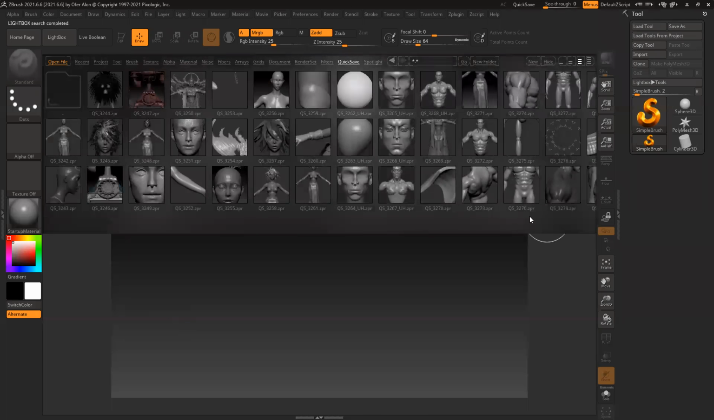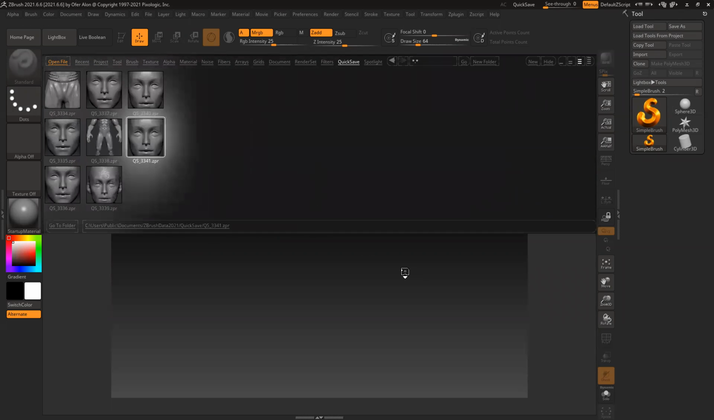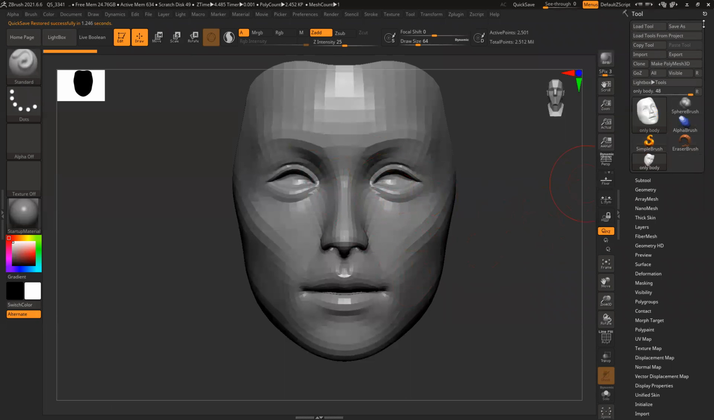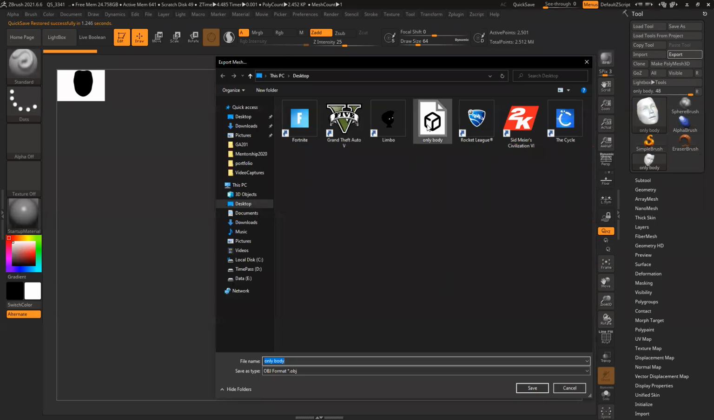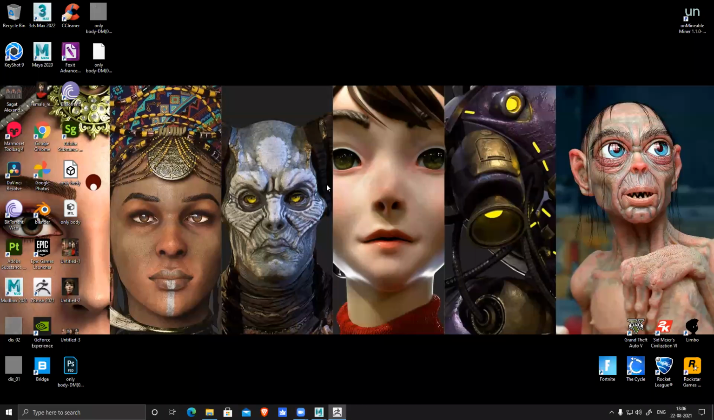Quick save. Here is the file. This lowest division, just export it back, because placement might have changed slightly. So this is my model, drag and